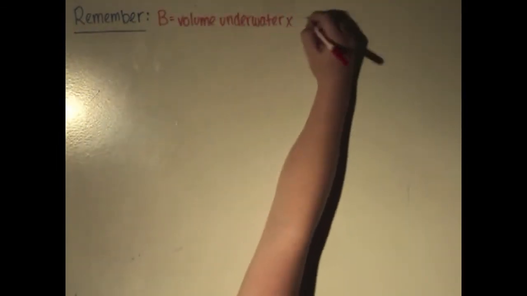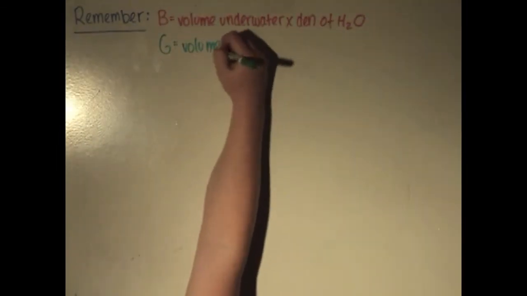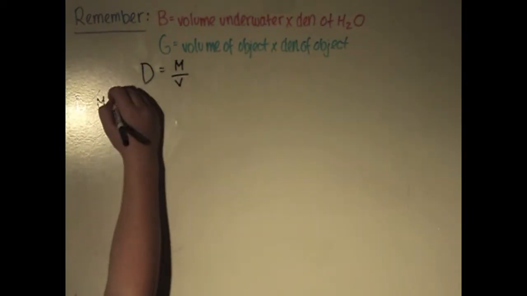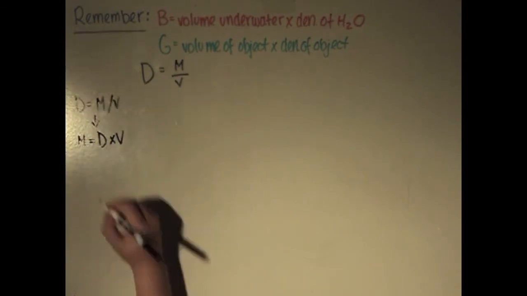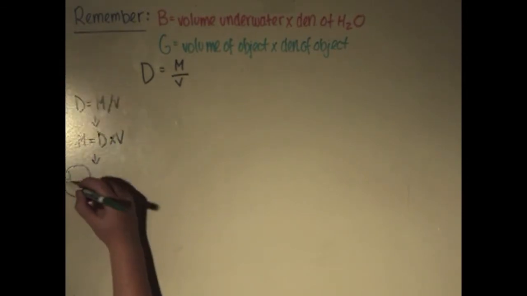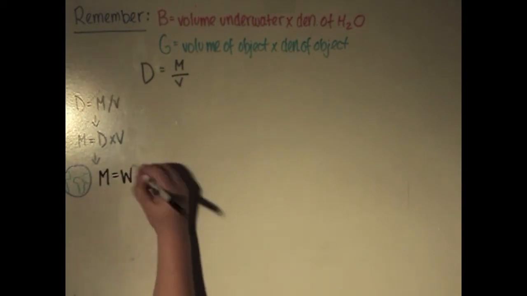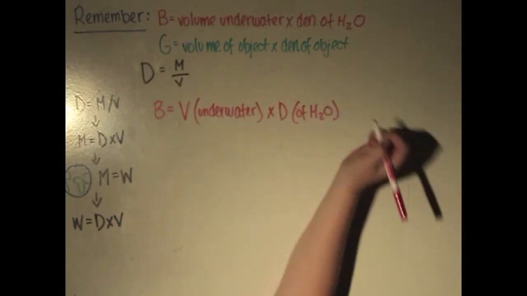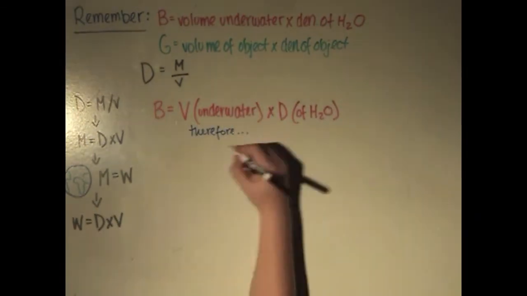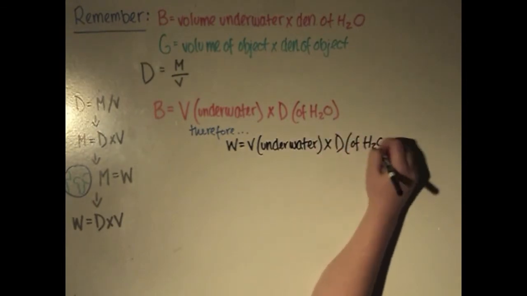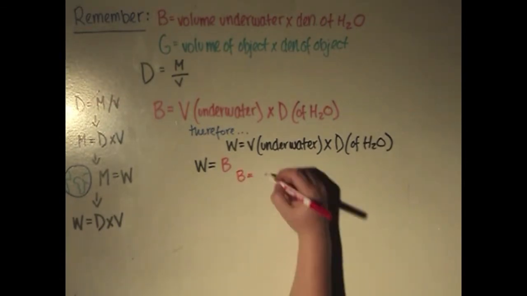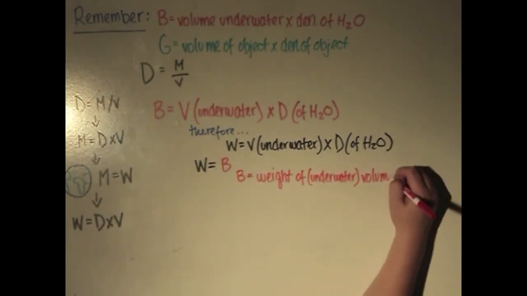We can also use these two equations to talk about buoyancy in terms of weight. Remember, density equals mass divided by volume. Therefore, mass equals density times volume. Here on Earth, mass and weight are the same thing. So weight also equals density times volume. Now we know that buoyancy equals a volume times a density. Weight also equals a volume times a density. Therefore, weight equals buoyancy. From this, we know that the buoyant force is equal to the weight of the underwater